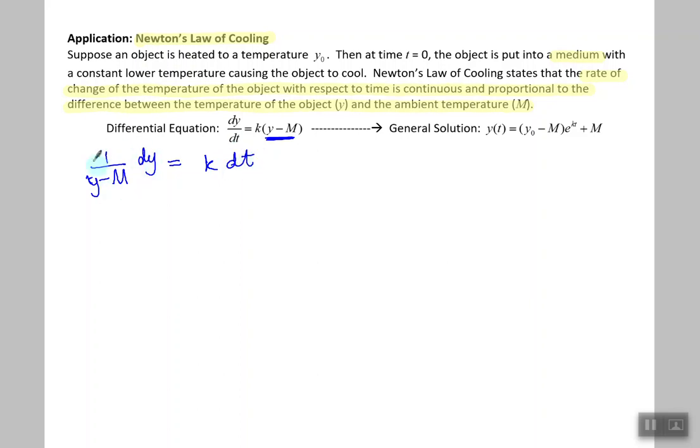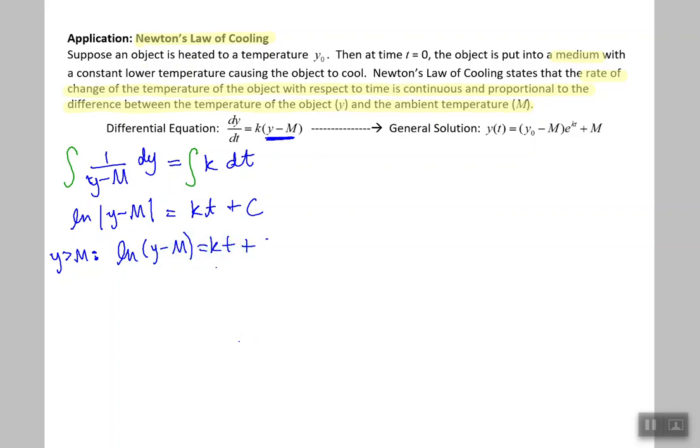Now that we've separated and have y's on this side and t's on this side, we're able to take the integral of both sides. Remember that m is a constant and k is a constant. Taking the antiderivative of 1 over y minus m, because y is to the first power, we get natural log of the absolute value of y minus m equals, and the antiderivative of k with respect to t is kt plus c. Now remember that we are using y greater than m. So in that case, this value will always be positive, and we can remove the absolute values. Natural log of y minus m